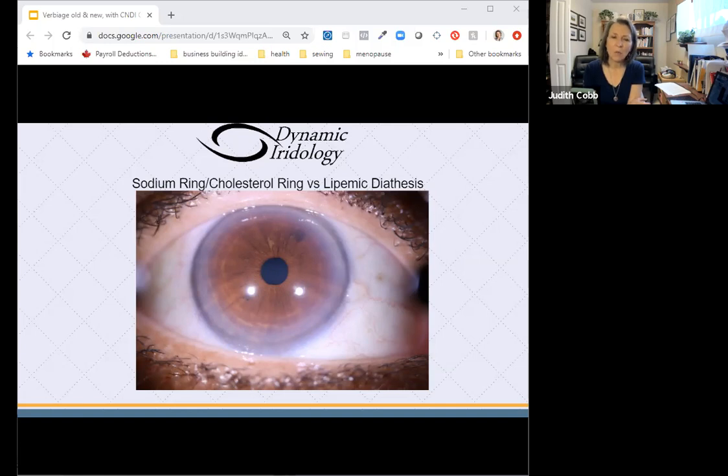And what this suggests is that there is an imbalance in how the body manages the blood fats and how it deals with the carbohydrates in the body as well. But it has nothing to do with sodium, nothing to do with cholesterol. I've seen this in people whose cholesterol has been totally normal, and I have seen that it's not been there in people with elevated cholesterol, so it's not an indication of cholesterol.